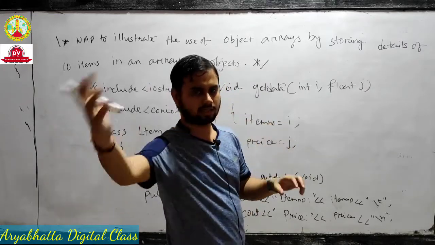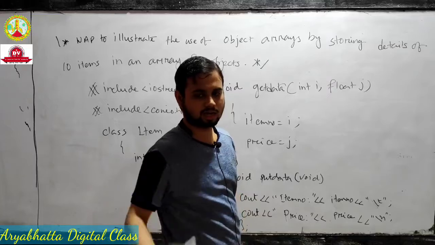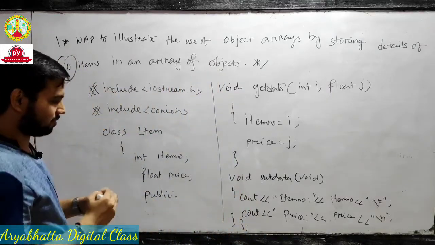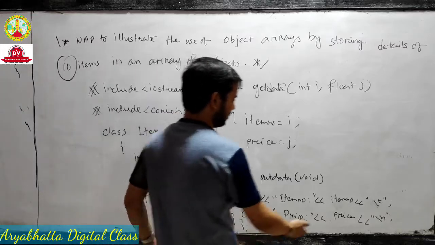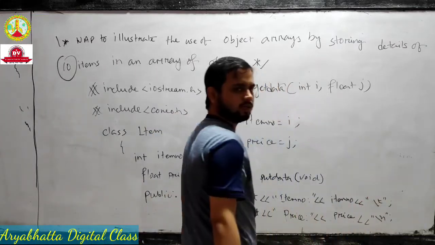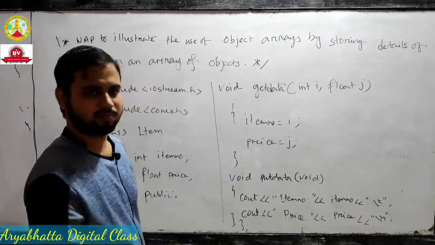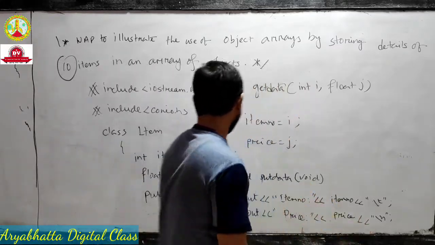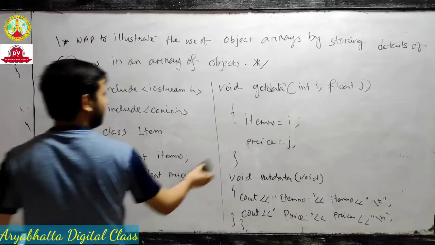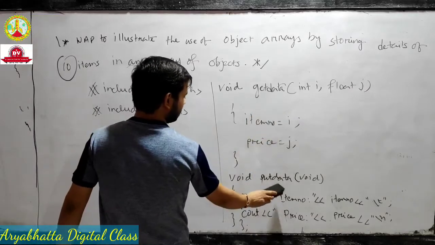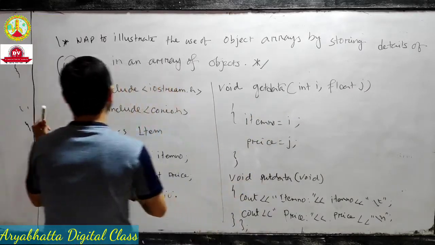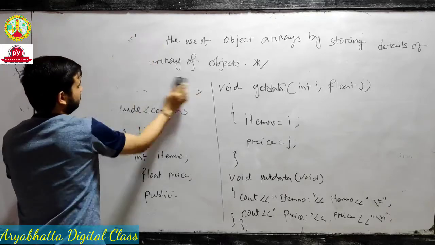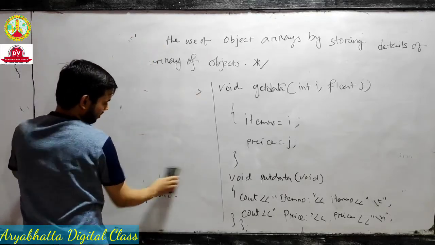Space H space again, another second item number coming, then the third item number. How many item numbers do we have to store? 10 item numbers, 10 prices. Okay, this is for the space H space backslash 3 for tab, which means 8 spaces, and price comes in the new line. This is for the input data function, and this will be the output of the data function. Now the main thing will become, see, okay, I have understood this thing. This will be very easy.